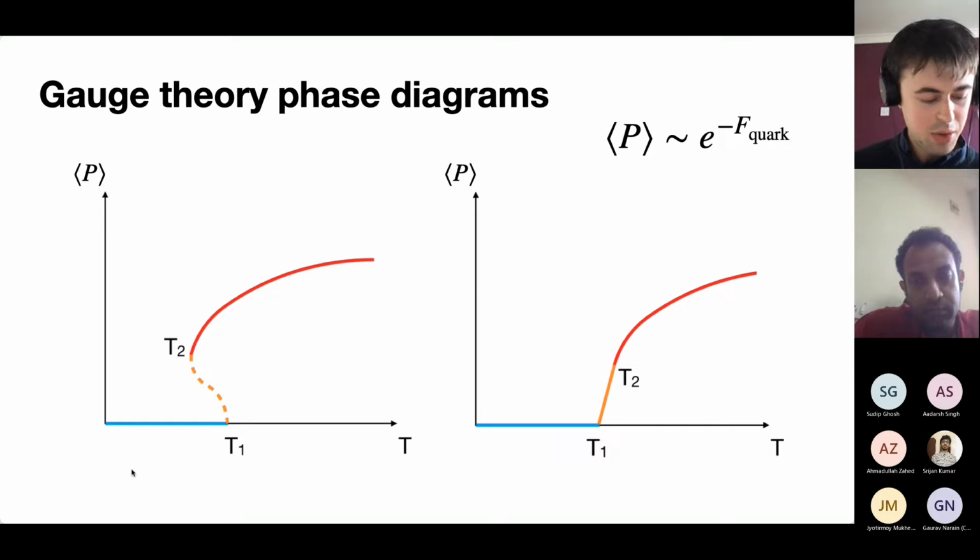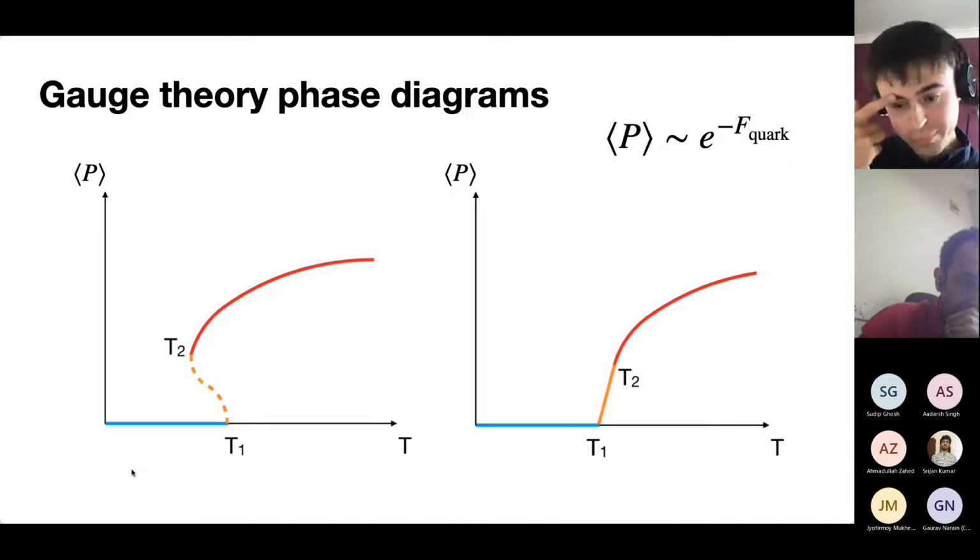So pure Yang-Mills would look like this case. This describes the first order transition, where at some point, as you increase the temperature, the free energy of the deconfined saddle becomes lower than that of the confined saddle, and so there's a first order jump between these two saddles. But connecting them, we claim, is the partially confined saddle, which is always unfavored because it has a negative heat capacity. And so that's perhaps the reason why partial confinement's been ignored for so long.